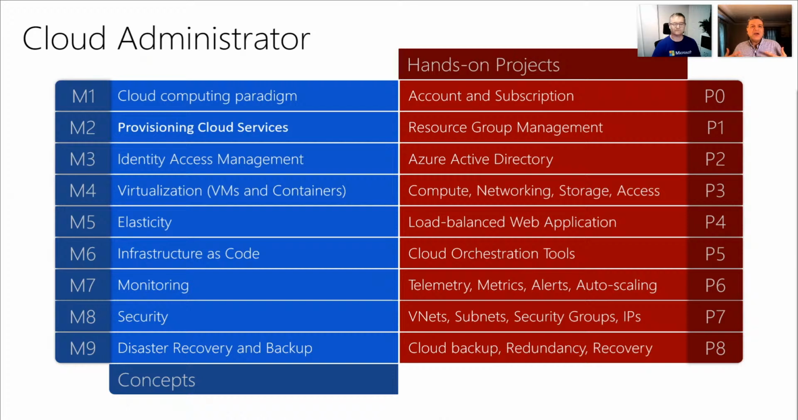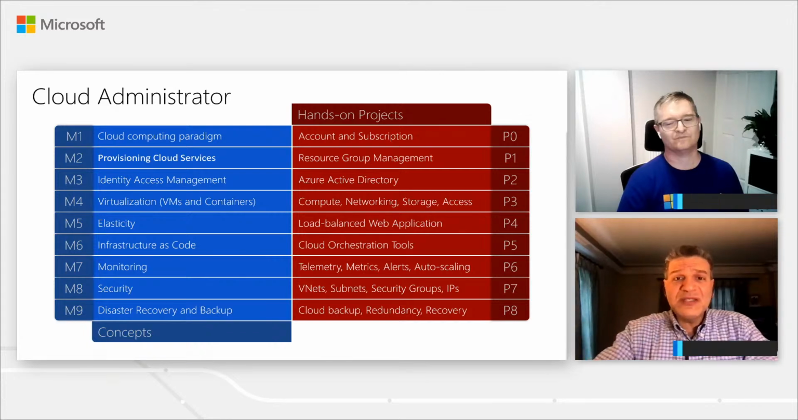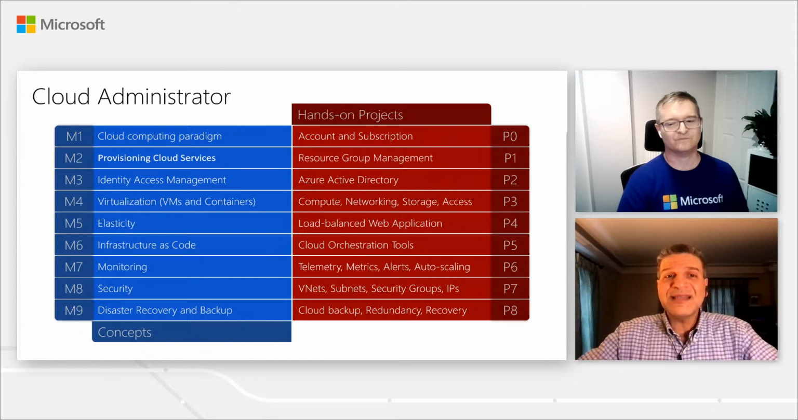And then how can I manage the identity of these different users and their roles within my organization, and which data they can access and which data they should not be able to access? And then how do I provision resources on the cloud, whether it's compute, networking, storage, and how do I manage access to it? The next step is,